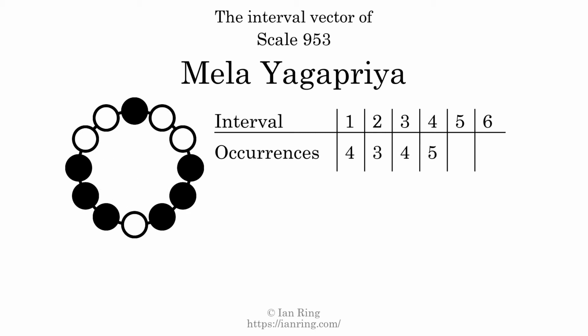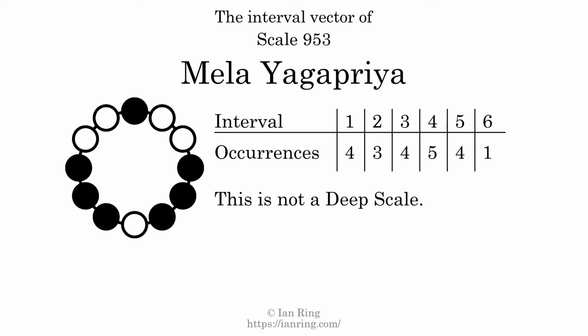There are 5 intervals with a size of 4 semitones. They are here, here, here, here, and here. There are 4 intervals with a size of 5 semitones. They are here, here, here, and here. There is 1 interval with a size of 6 semitones. It is here. Each interval does not appear in this scale a unique number of times, so this is not